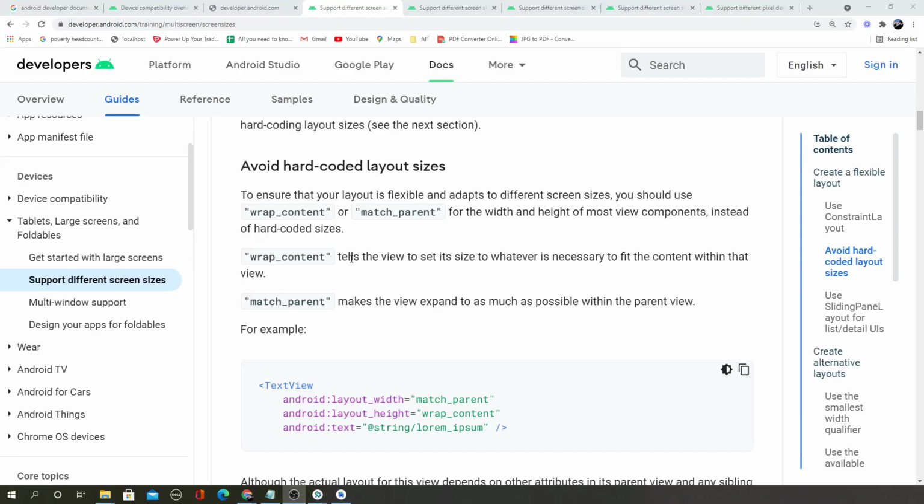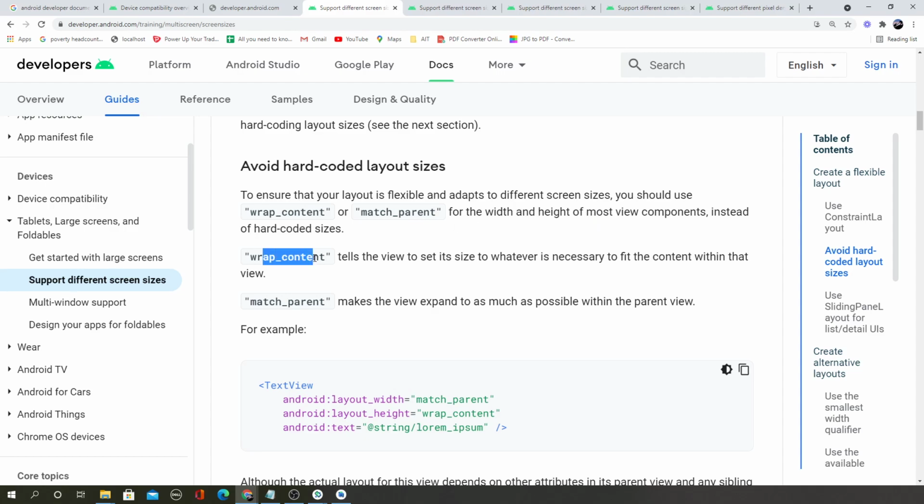If you look at the developer docs, you will see avoid hard coding layout sizes. It says, to ensure your layout is flexible and it adapts to different screen sizes, you should use wrap content or match parent for the width and the height instead of hard coding.